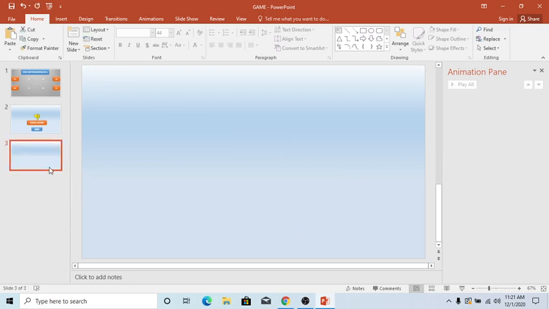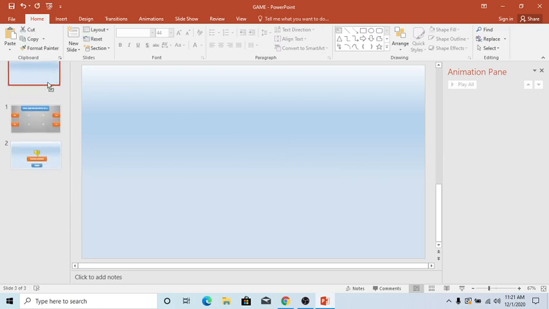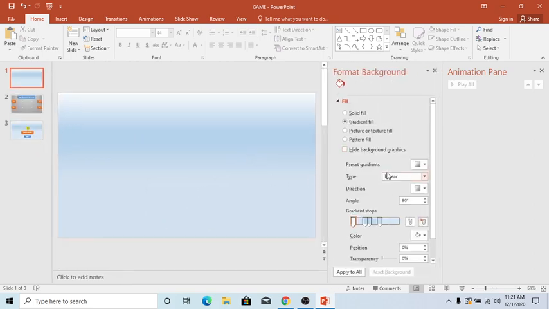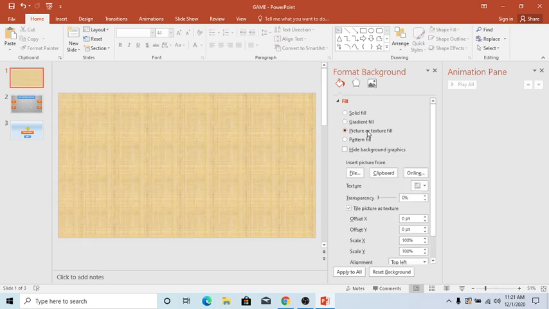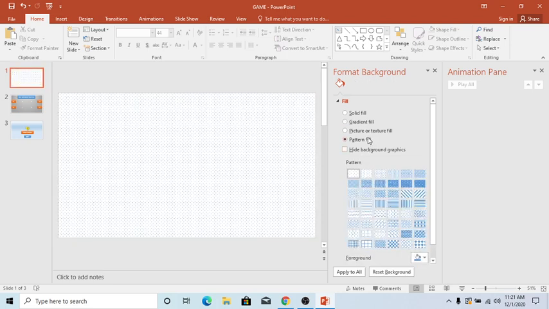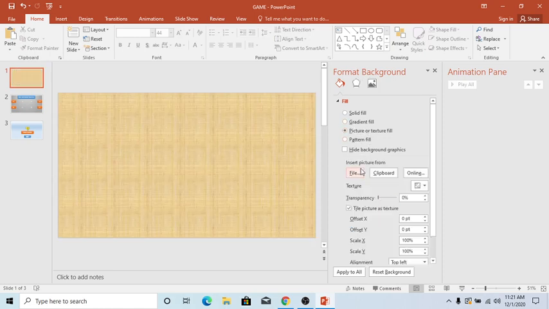we again go to another slide, a new slide. And here we go to format background. In this format background, we go to texture fill or picture fill, we click on that, and then we can change our color accordingly.